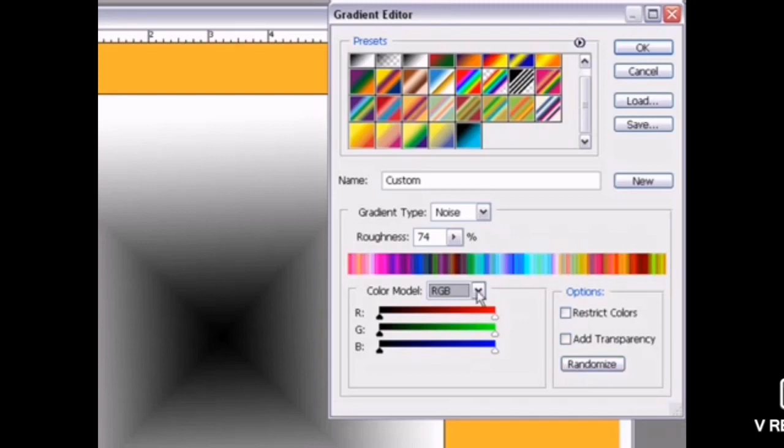In that you can choose the model according to you and just say randomize it. Randomize it means what? You can choose random colors from it, change the name, or give the title or name for the same and click on new.